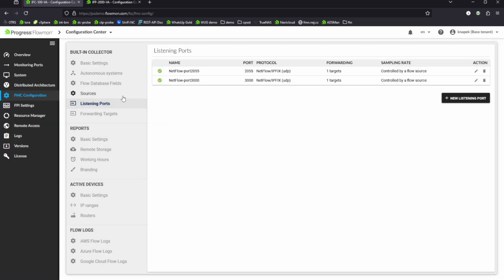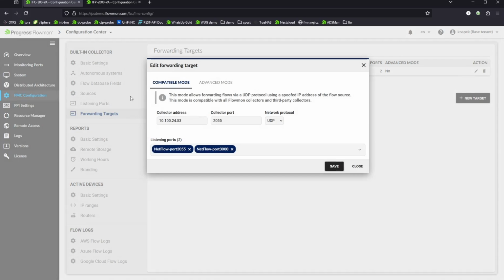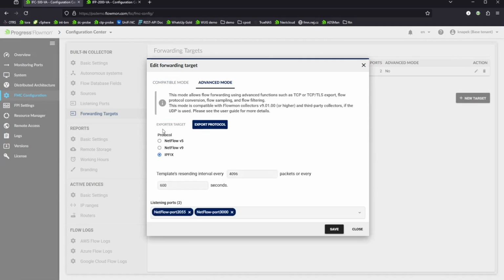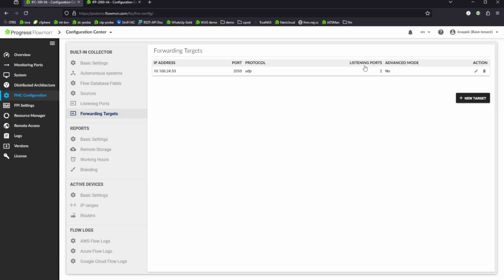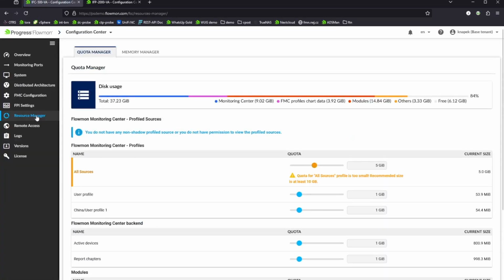And the last thing is you can also create flow forwarding, so send the same data to some additional collector and potentially change the protocol or port, whatever you need, or filter the data additionally as well. And the last bit on the collector would be to double check the resource manager to make sure you have a proper quota set for all of the